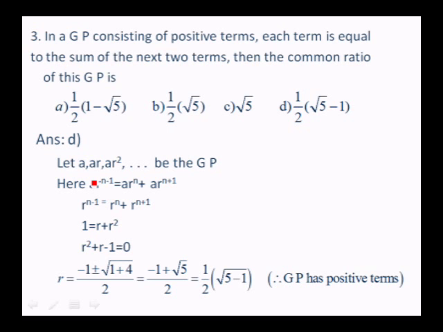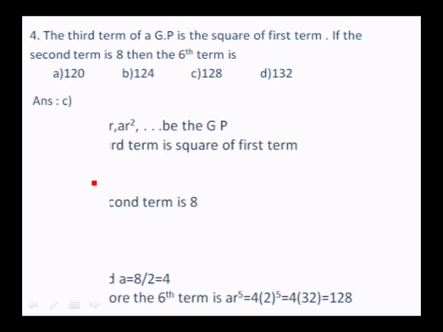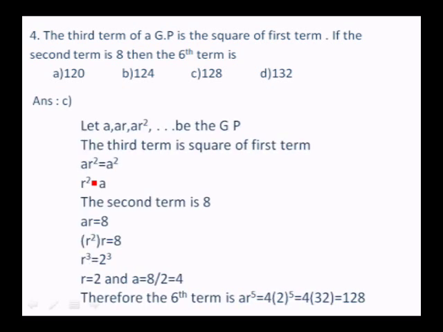It's not very difficult. The third term of a GP is the square of the first term. If the second term is 8, then the sixth term is. So, here also I take the GP as A, AR, AR square, etc. The third term is the square of the first term. Equate those two. AR square is equal to